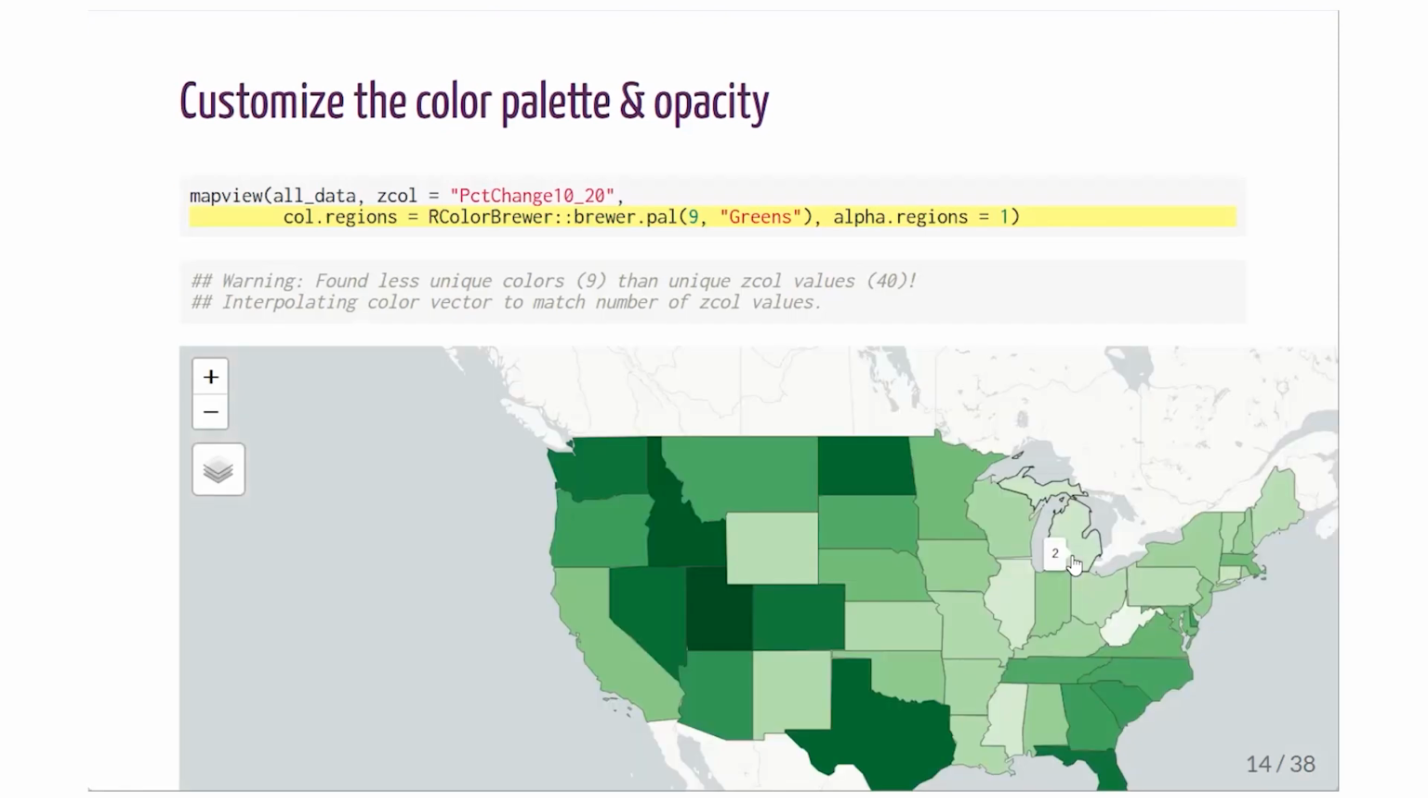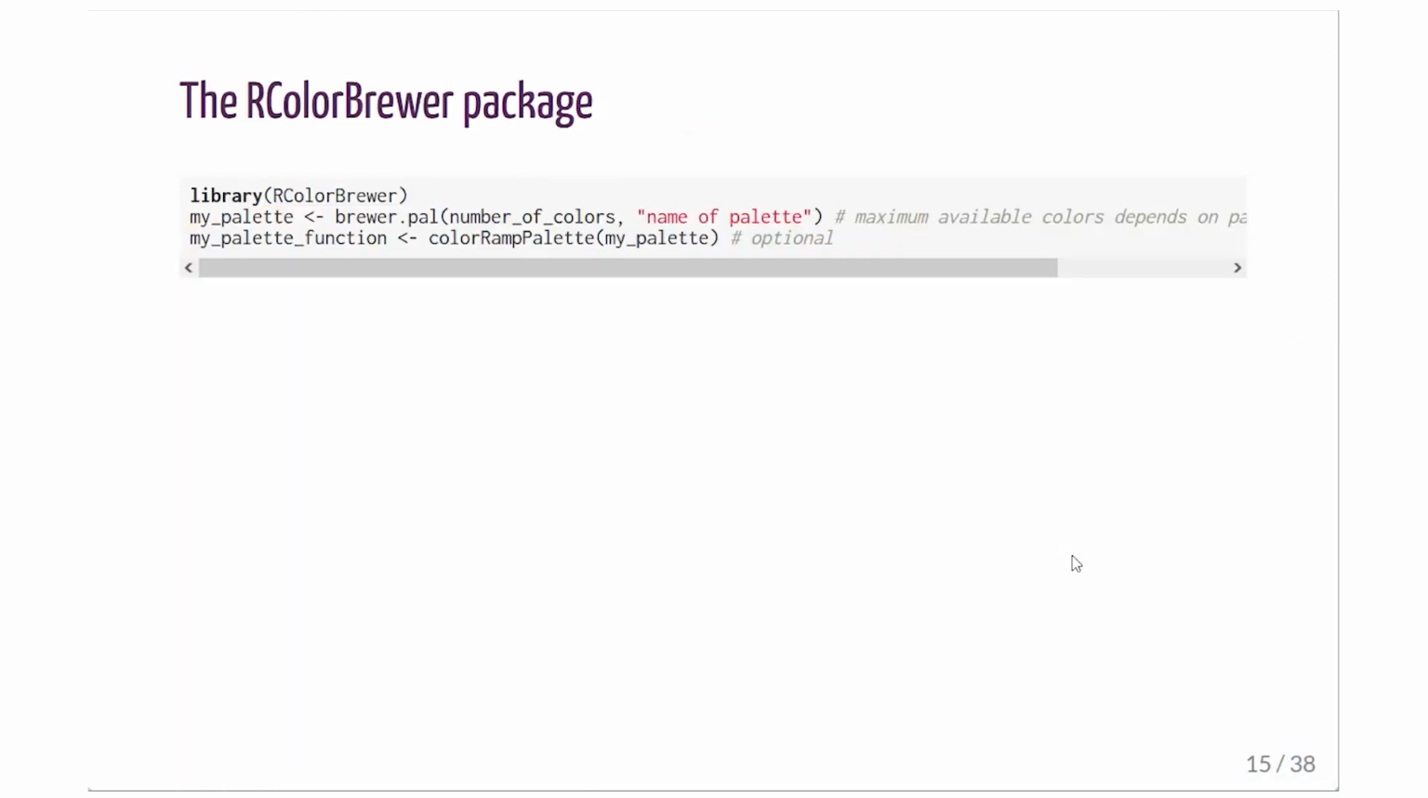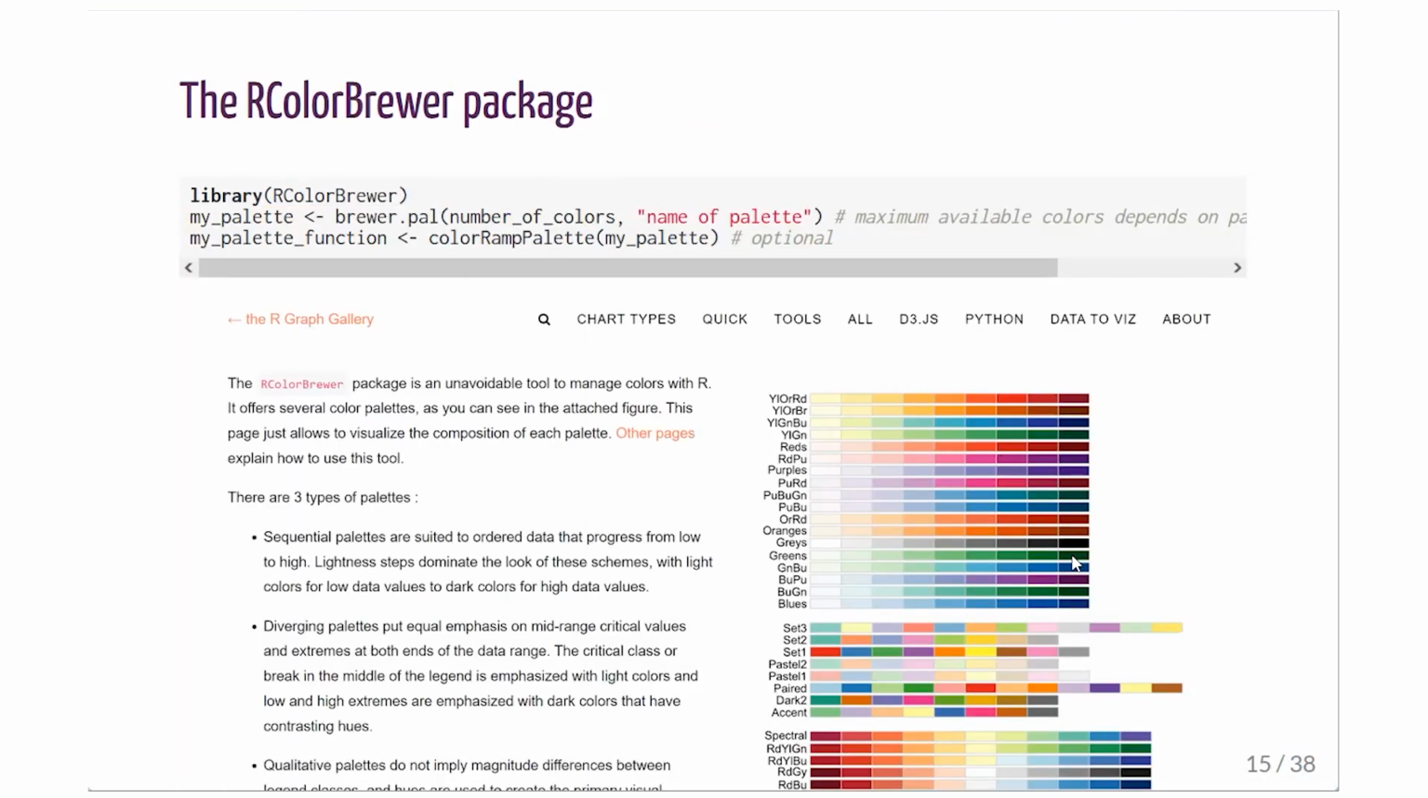Here's an example where I use the greens palette from the RColorBrewer package and set the opacity to 1 so it's not transparent at all. The palette only has 9 discrete colors. MapView complains a bit that I didn't give it a ramped palette over all my values, but it does the work itself. If you're not familiar with the RColorBrewer package, it has a number of very popular palettes